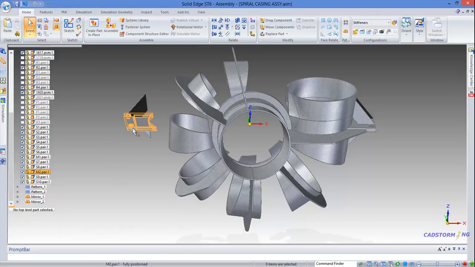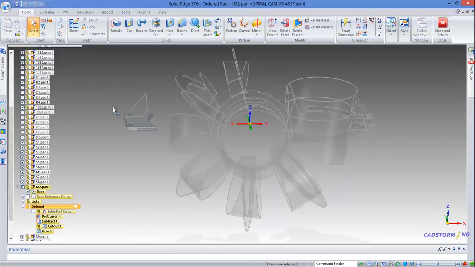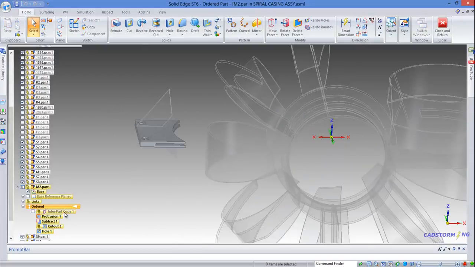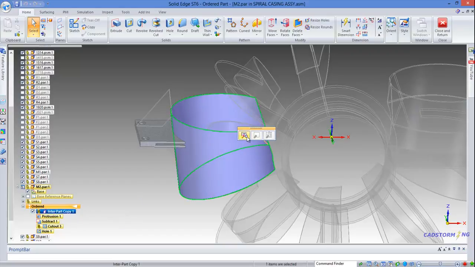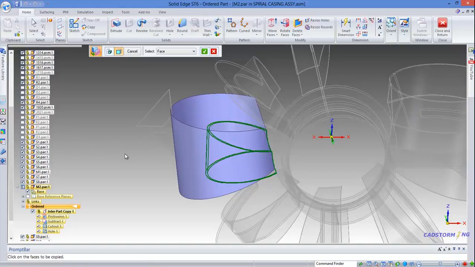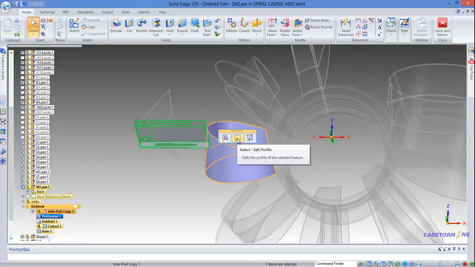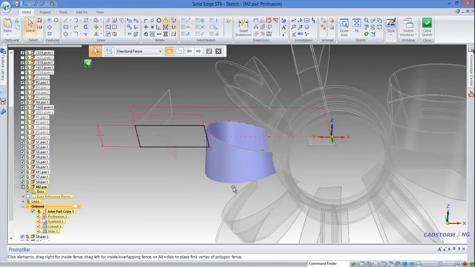Now we'll start with this one, so edit in place, Ctrl Q, and the first thing to do is to make sure we use the right reference geometry. So we'll select this component and this face, and we'll dive inside the protrusion, then normal 2,